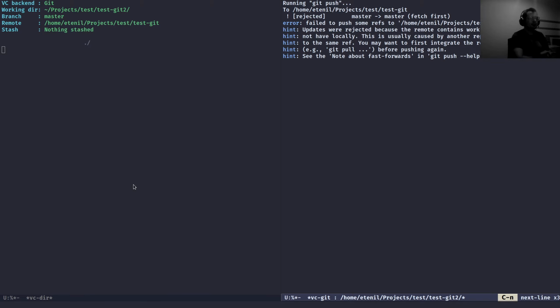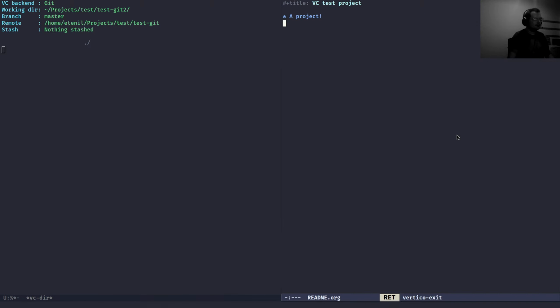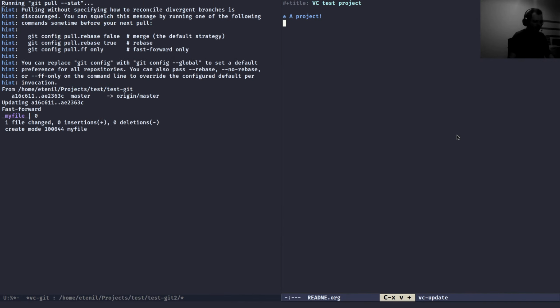Fail to push some refs from testgit. Oh, sorry, that was push, my bad. It's Control X V plus. Alright, so it's brought that new file, which is my file,